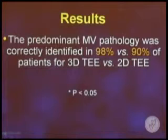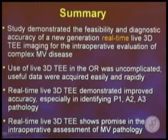Superior to 2D, and it was statistically significant. Now, you might say 90% is still pretty good with 2D, but like I said, we're not repairing all the valves we should. So any incremental improvement we can make in diagnosing what's wrong with the mitral valve could be of very significant importance. This study, just to summarize then, was the first real-time 3D TE study showing superiority compared